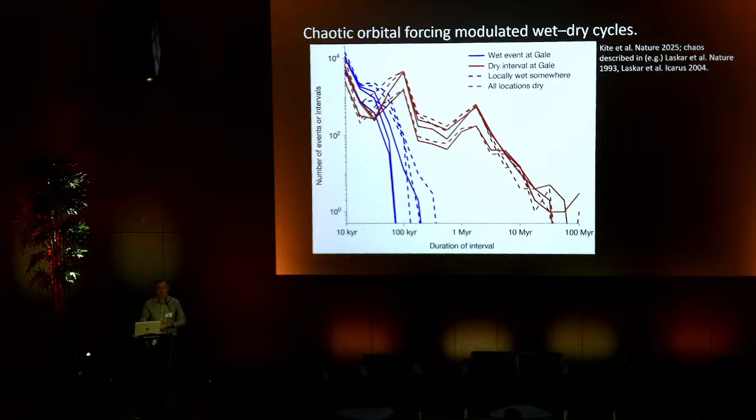The three different lines, so you see there are 3 solid blue lines, 3 dashed blue lines, correspond to 3 different orbital forcings. And the point is that the results are not sensitive to the orbital forcing. So the wet episodes are all brief because they all correspond only to optimal orbital conditions. The dry episodes, by contrast, can last a long time. And so this means that even though liquid water is available,